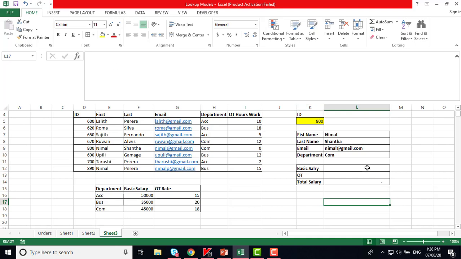Let me again come back to the first calculation, the basic salary calculation. Again I am going to use the vertical lookup function. Now you can see the combination of these two tables has one unique item. What is that item? Department code. Here you can see the department codes are given, and the second table is also starting with the department code. So what I need to search is where the department code appears in the given table. Now you can see here my department code is appearing. So based on that we can extract the basic salary rather than going through the ID number and extracting it.